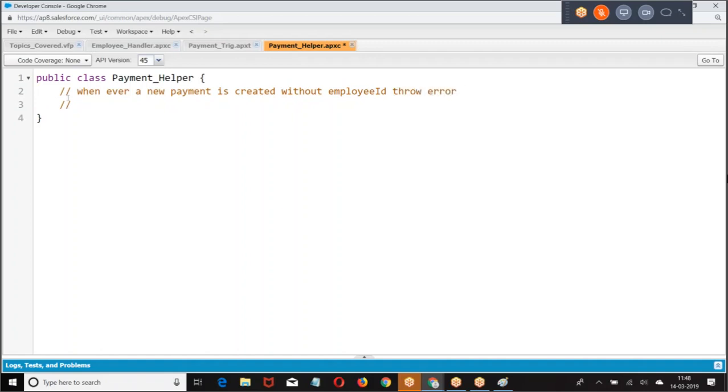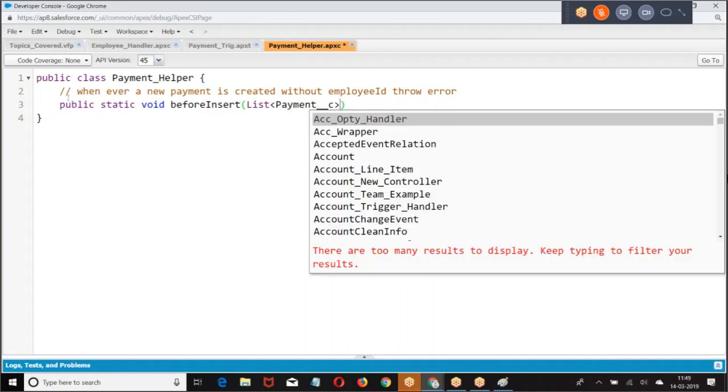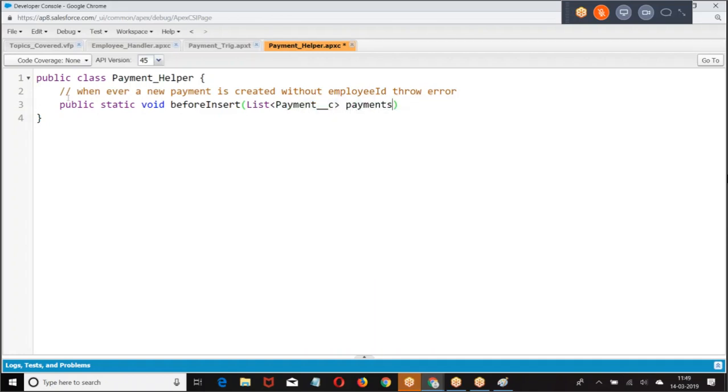Because it's a lookup relation, there may be a possibility that you may enter it or you may not. So I want to write a trigger. It is a must that employee ID should be chosen. Then now I am giving public static void, list of, then I'm taking one by one payment record.